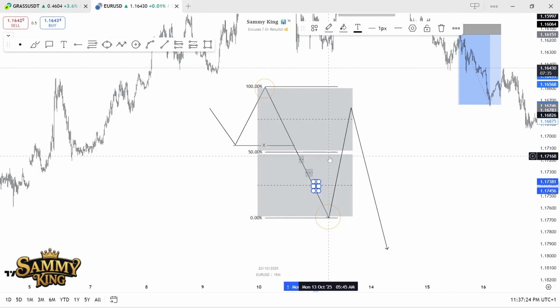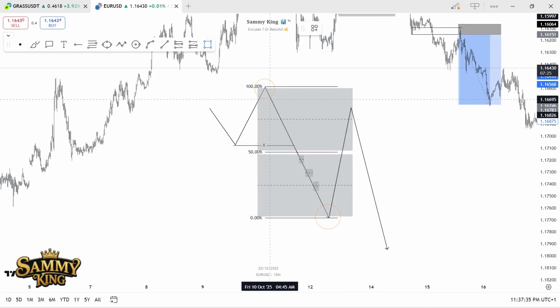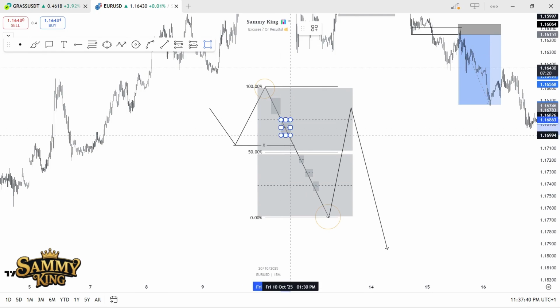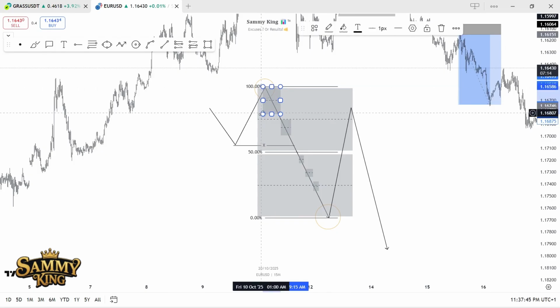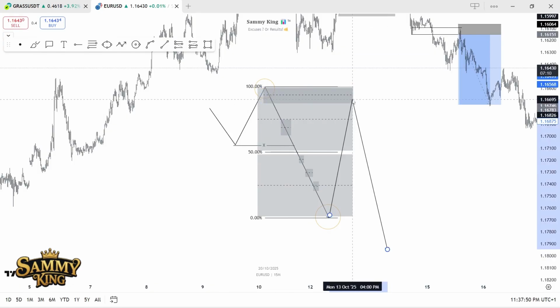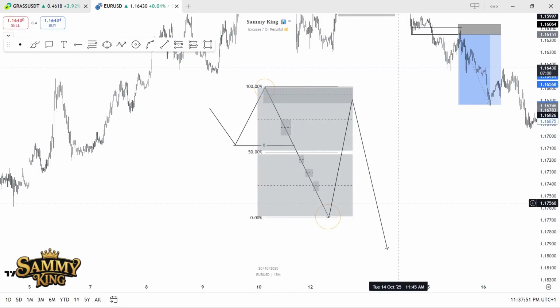Price has not fulfilled its duty of coming back into the premium zone. Until price comes back here, it is not safe to sell from any of these places. One of the places that is safe to sell from is when you see a POI here, probably a fair value gap, a breaker block, a mitigation block, any of those POIs, or your unmitigated order block. Then price comes in here, taps into it, and starts moving to the downside. Now that we've gotten that out of the way,